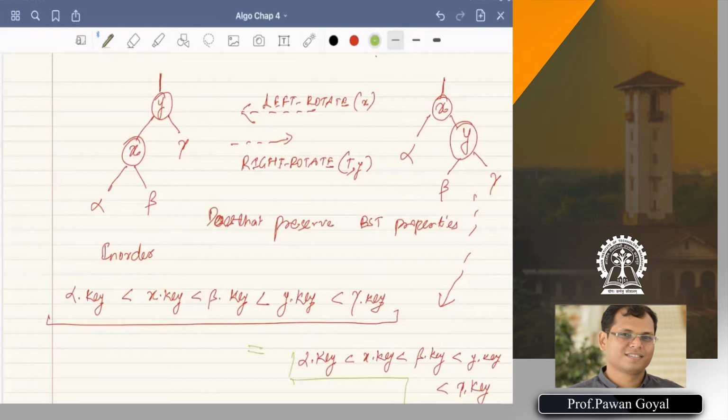So that seems fine. And what is happening? I am just using this particular link to connect that. So if I have to do rotation, how many operations do I have to do? Actually, you see, you will have to change certain pointers. You have to change some pointers, and you can even very easily define it.